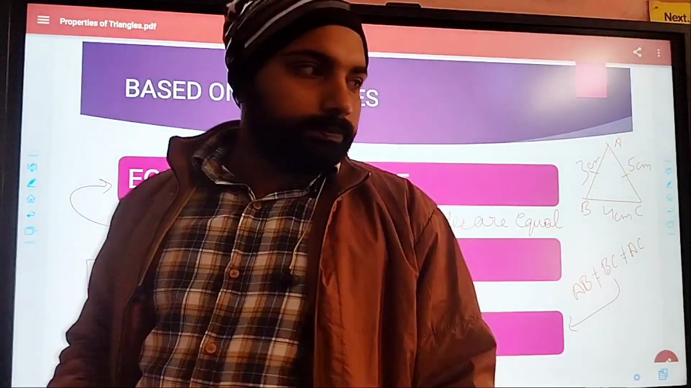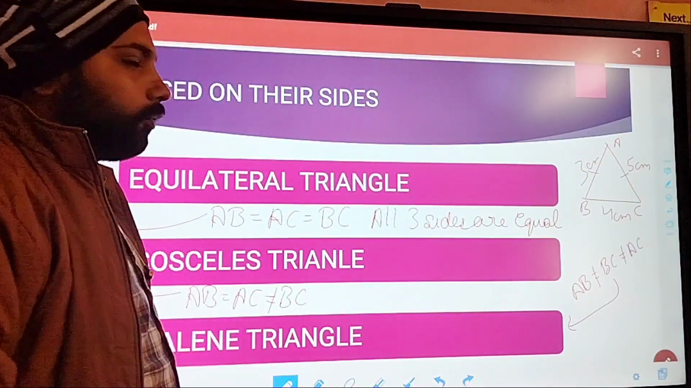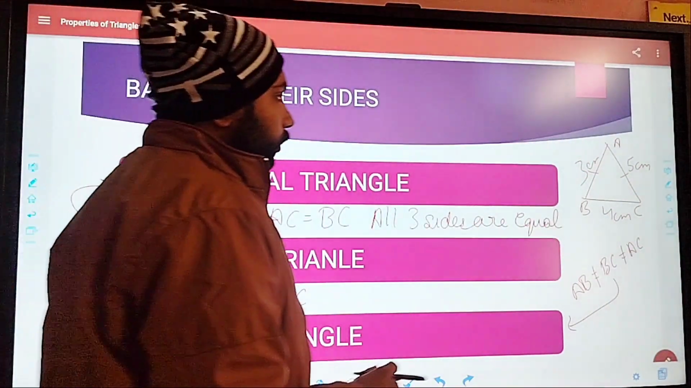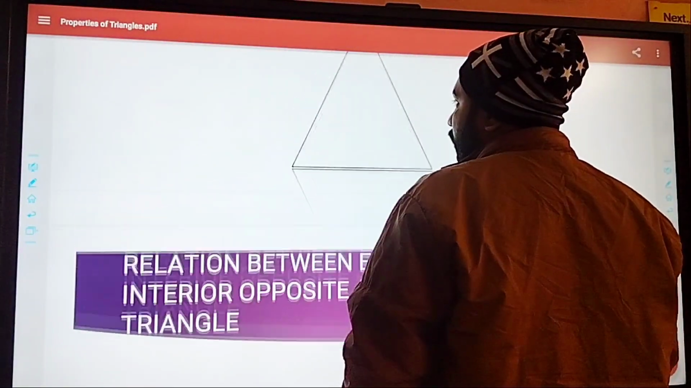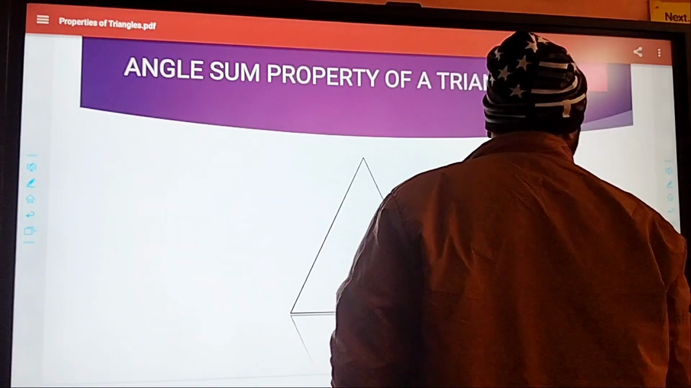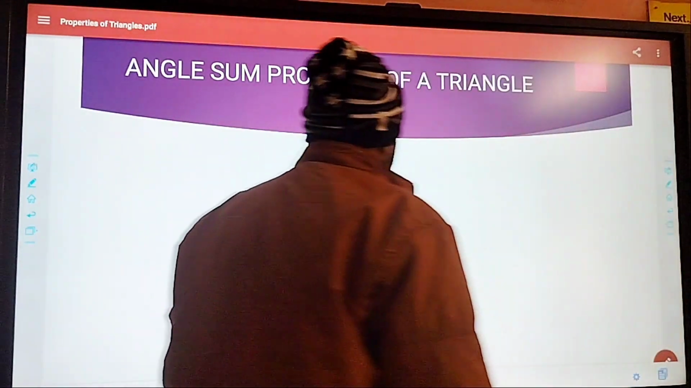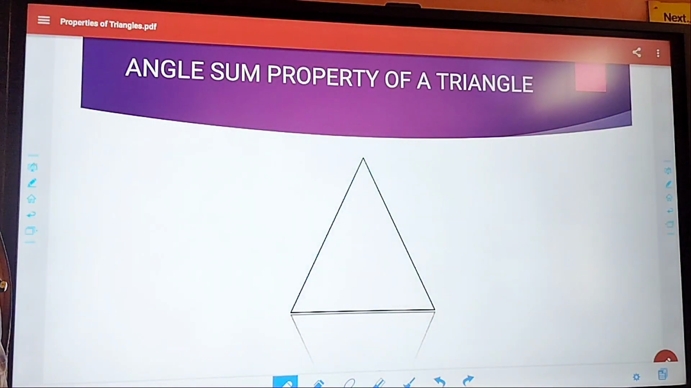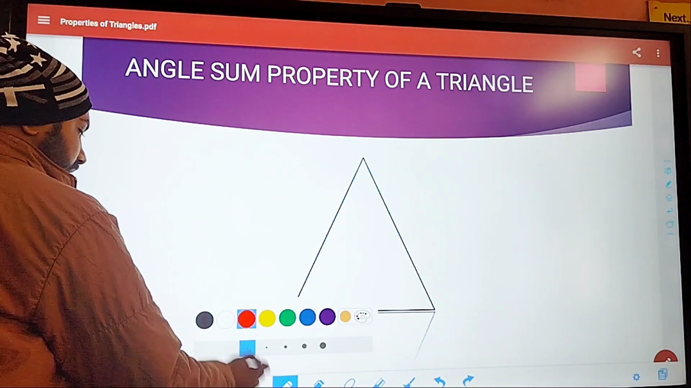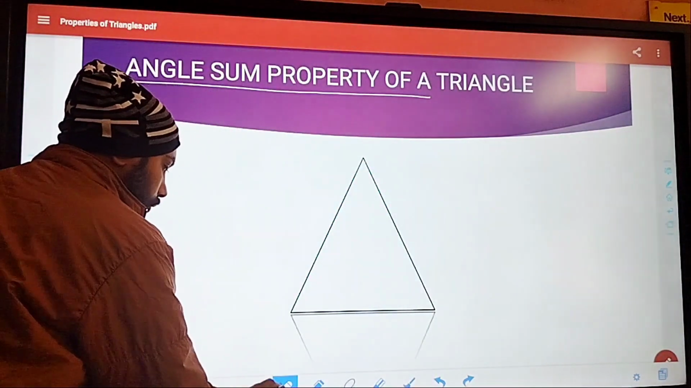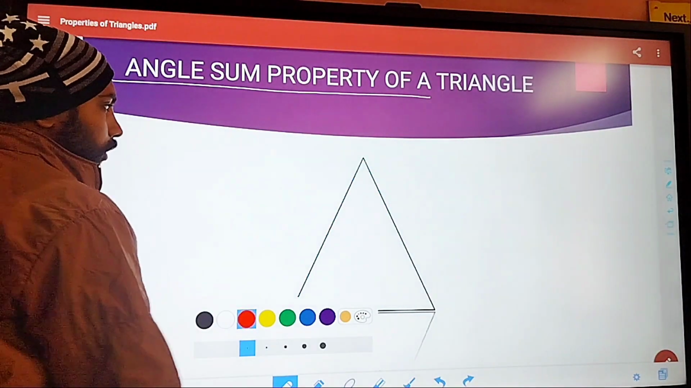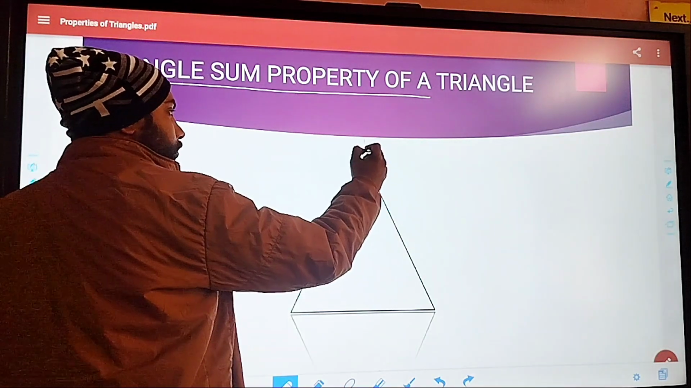All that clear? Then now we will move towards our most basic and important properties that will be used in our chapter, in almost all the questions. The first property is going to be the angle sum property of a triangle. As the name suggests, we have the angle sum property. So whenever you add all three angles of a triangle, let us assume that we have a